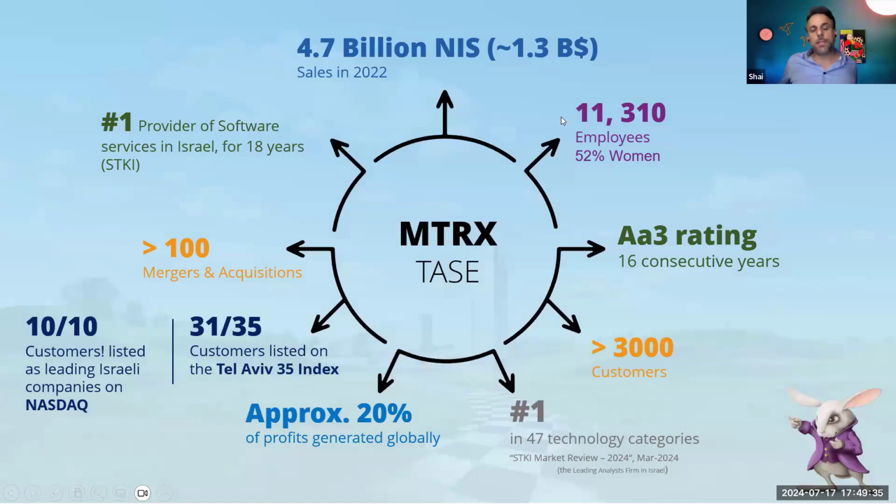So Matrix is an Israeli-based company. It's actually a global company, but it's operating mostly in Israel. Quite a large company, over 11,000 employees at work. We are a public company, traded on the Tel Aviv Stock Exchange, with thousands of customers, mostly in Israel. 80% of our